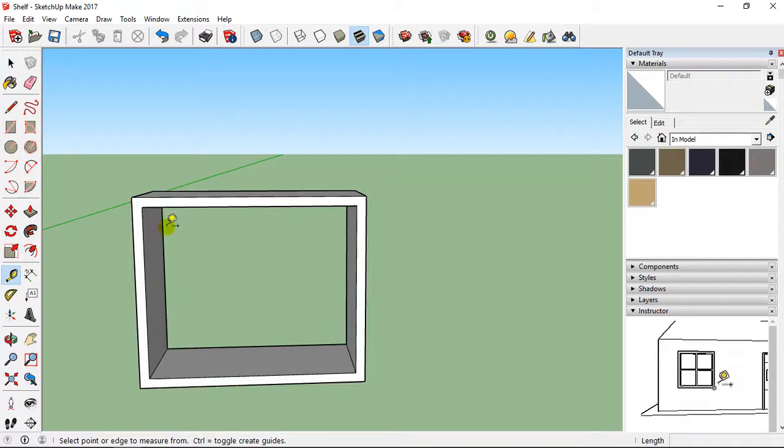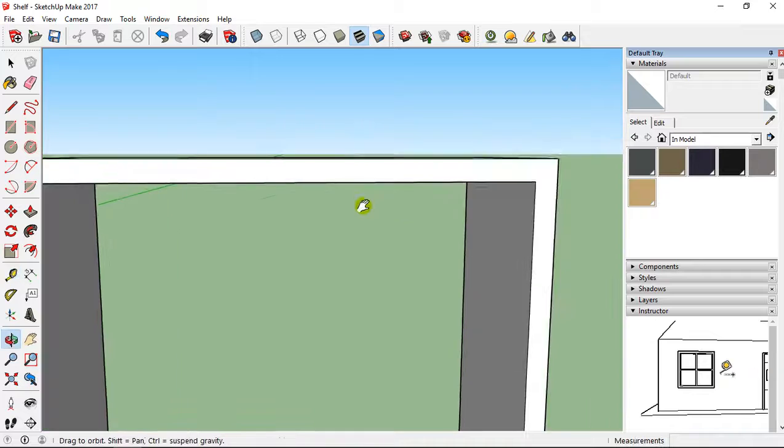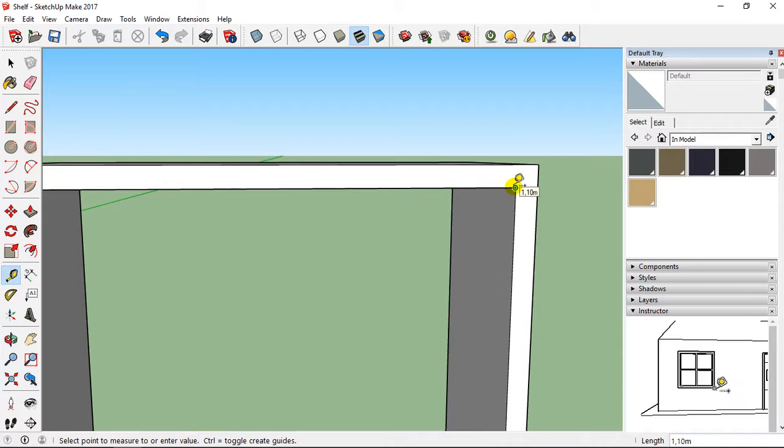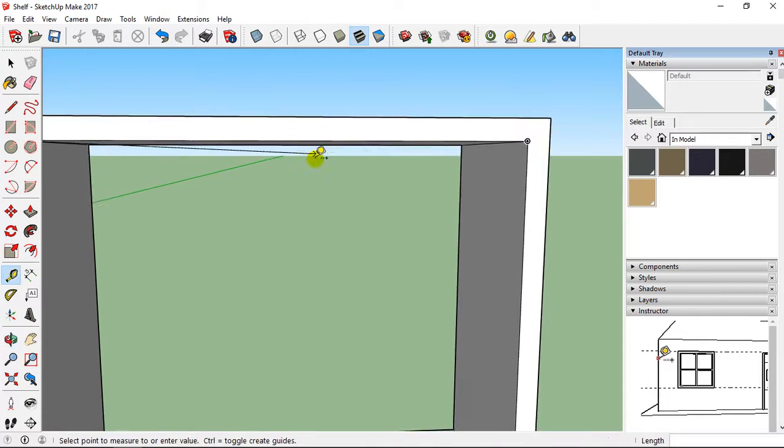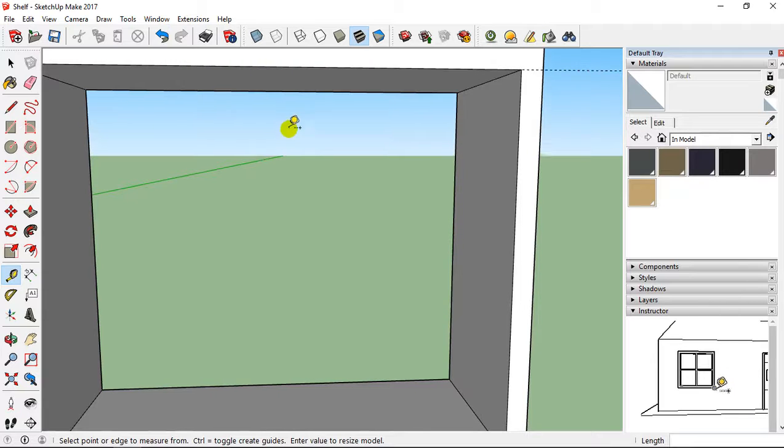So I'm going to take the tape measure tool. And for example, I know that from here to here, I have 1 meter 10. So I'm going to go in the middle at 50 centimeter.